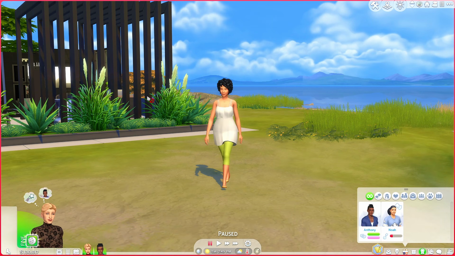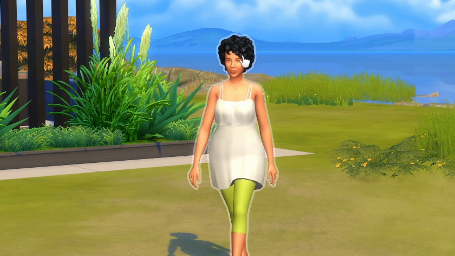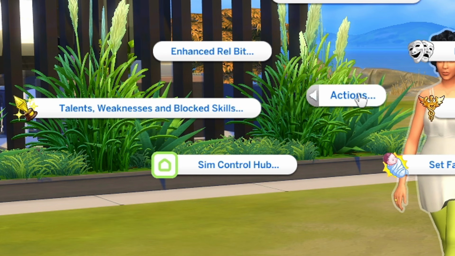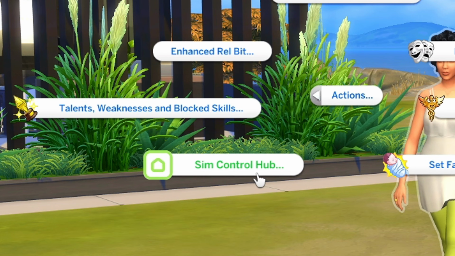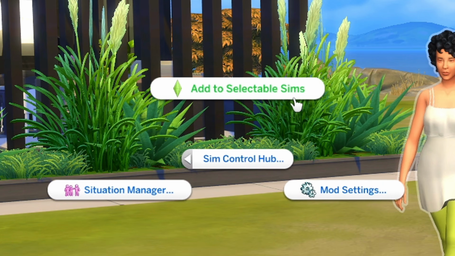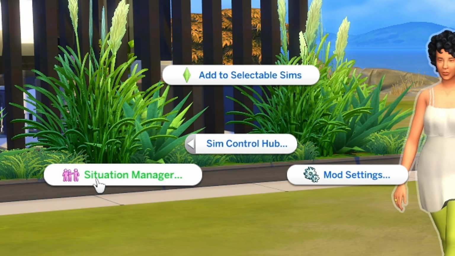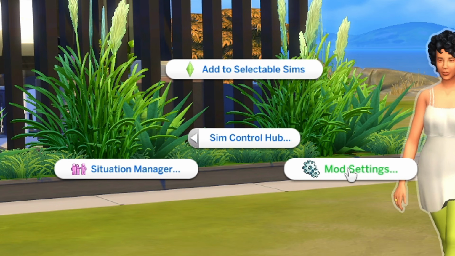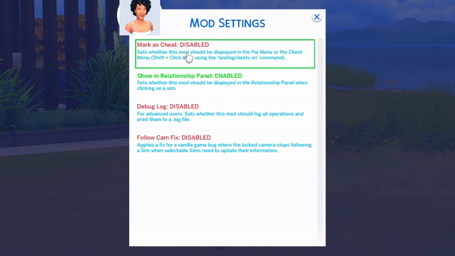So in order to do this, you're gonna have to click on whatever sim you are wanting to control and then click on actions. And there should be an option called Sim Control Hub. It looks just like this. So let's just click on this, and then there will be 3 options here. There's a situation manager. You also have mod settings, and there are a few options here, so you can